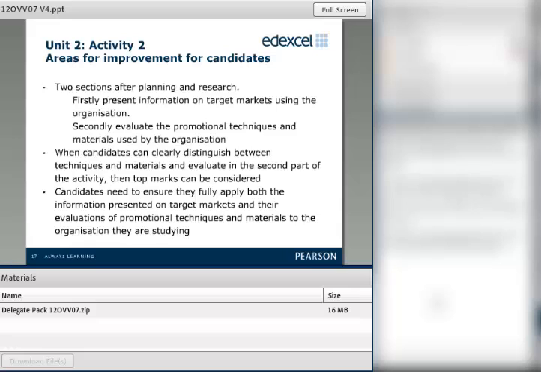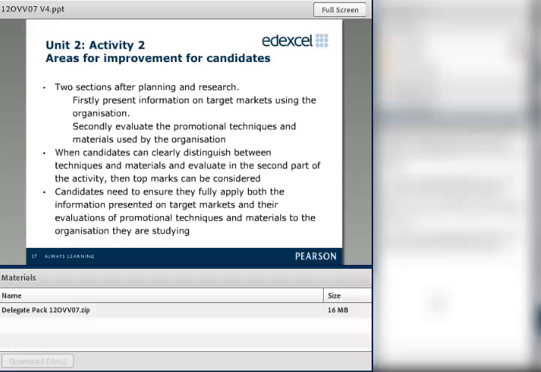Those centres who did produce information did really well there, and they tended to present, to be able to apply it to the organisation very successfully. Obviously, if they just put children, it was fine, but the more detail they could put in, so is it small children, is it 10 to 11-year-olds, and so forth. So if they break it down into much more detail, that will give them more marks.